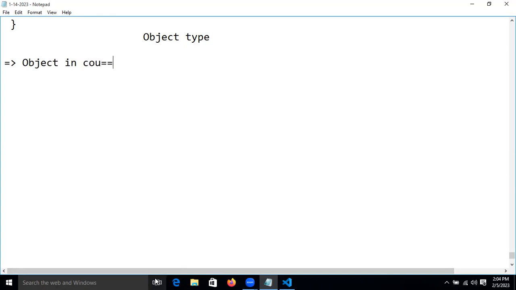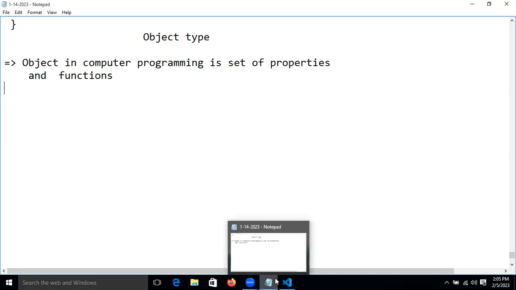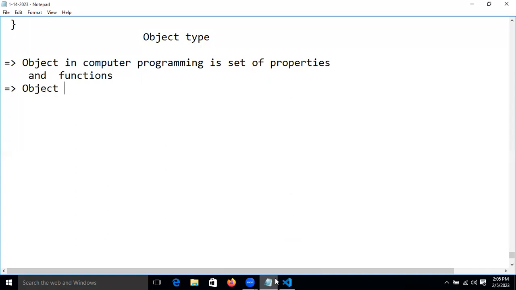An object in computer programming is a set of properties and functions. If we are in Java, we can say these functions are methods, but here we say function. So where we write the property as well as the logic, guys. Property as well as logic. So now an object is used